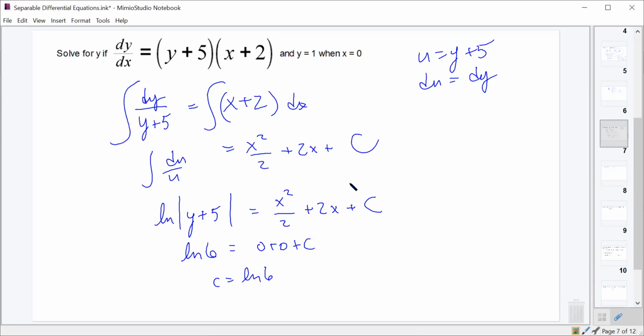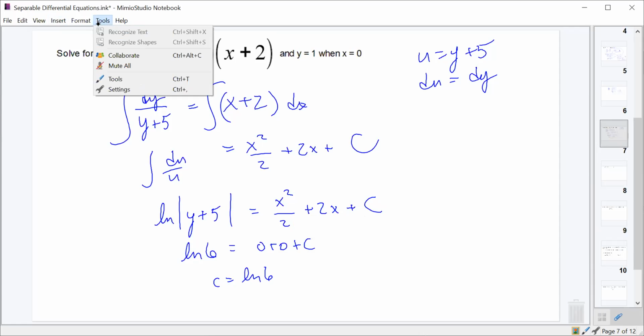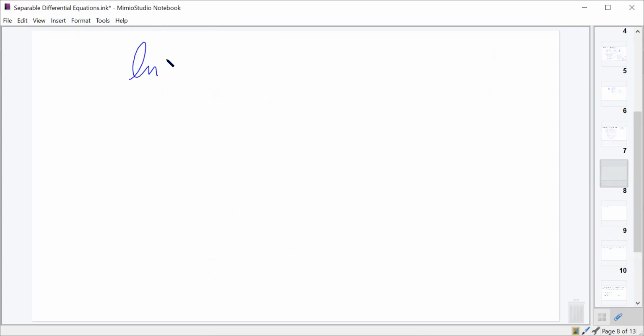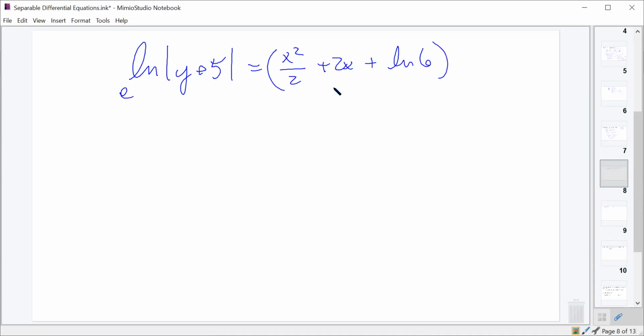Okay. So on the next page, we've now got natural log absolute value of y plus 5 equals x squared over 2 plus 2x plus natural log 6. And how do we go about solving for y in this case? Would you have to exponentiate both sides? Exactly. We'll make both sides a power of e, gives us absolute value of y plus 5 equals,